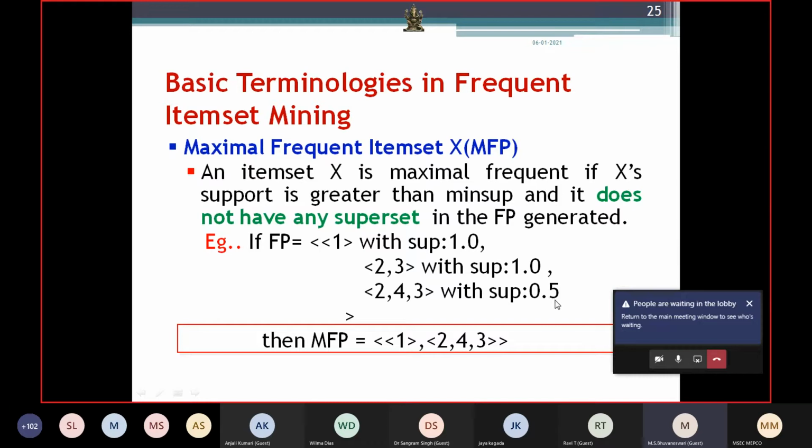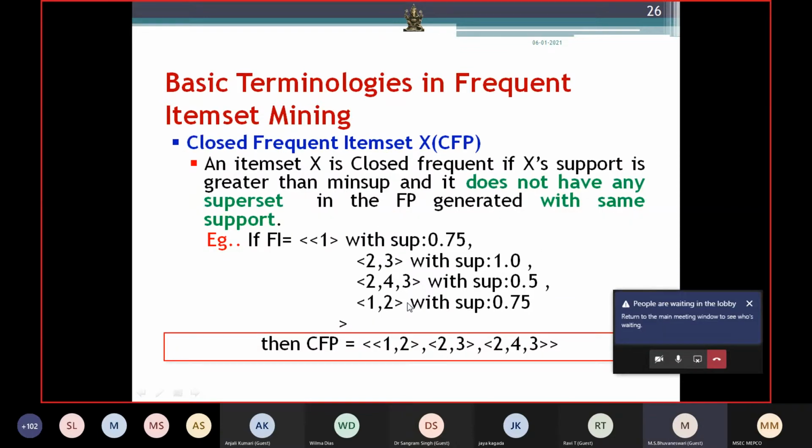My minimum support is 0.5, so these are the frequent item sets identified. Here {2, 3} is a subset of {2, 4, 3}, so {2, 3} has a superset and will be removed. So the maximal frequent item sets will be 1 and {2, 4, 3}. {2, 3} is eliminated because it has a superset.